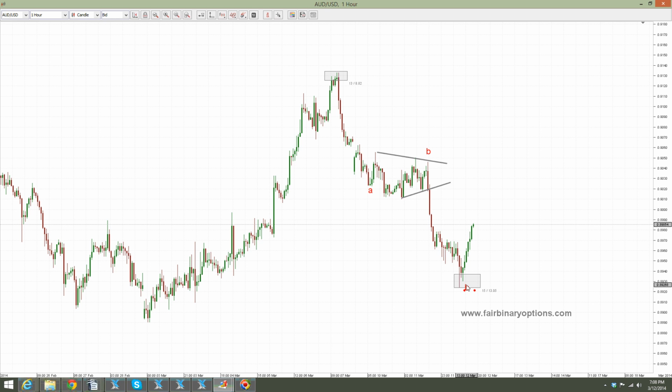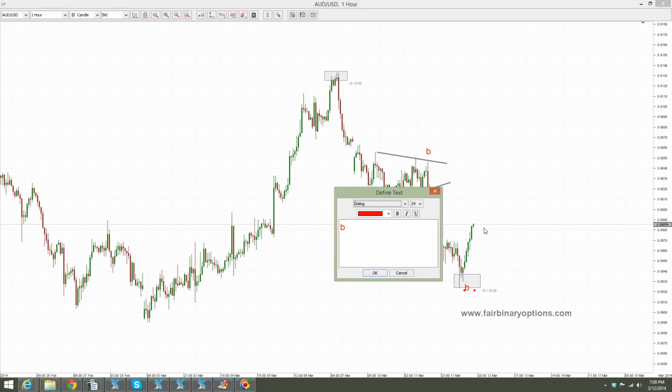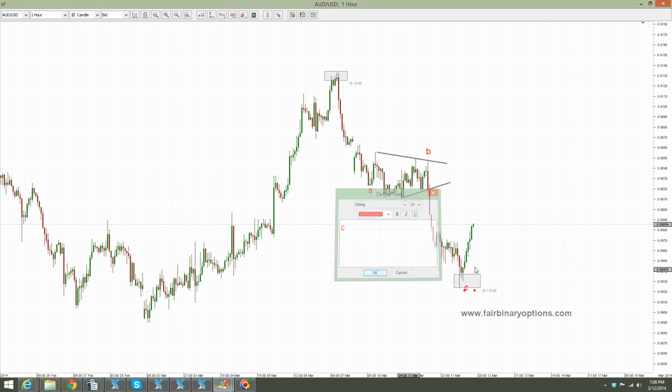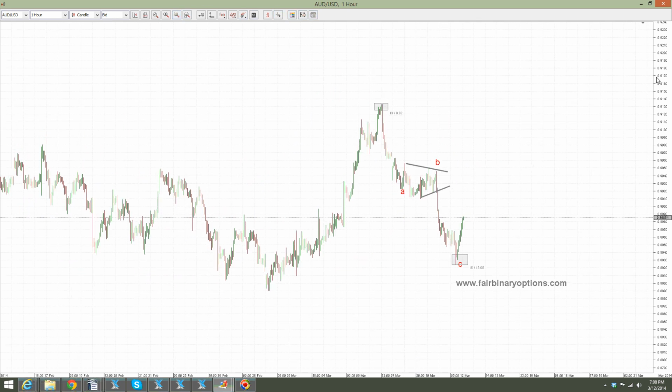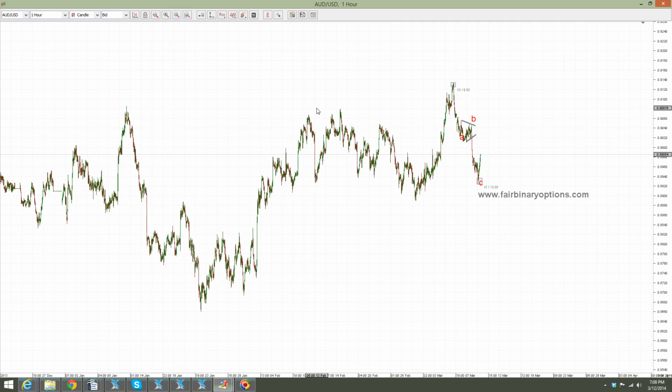Why is this important? Because if you go on the bigger time frames, or if you zoom out a bit out of this chart, you are seeing that this comes after, see here, this is ABC as a zigzag. This comes after another ABC as a zigzag to the upside this time. So I would say that of a bigger degree, in the case of the Australian dollar US dollar, we have